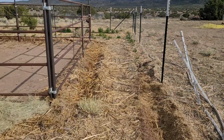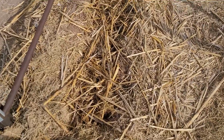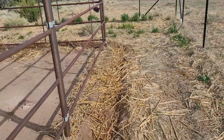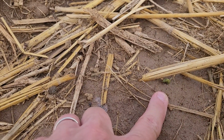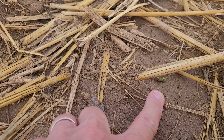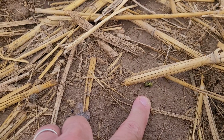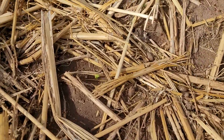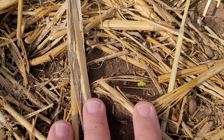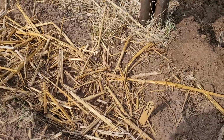Now looking at the row next to the horse corral, nothing from the beets yet, but there are starting to be some peas popping up. Let me find some. Yep, there she blows. That is going to be a snow pea. Excited about that. Down here at the sugar snaps, we've got one right there. And yes, I got so excited, and as I told you,